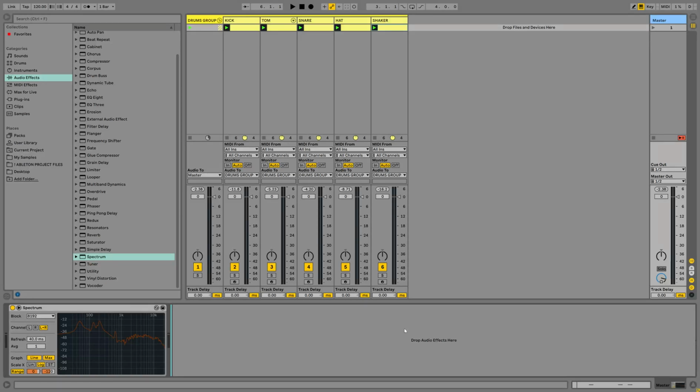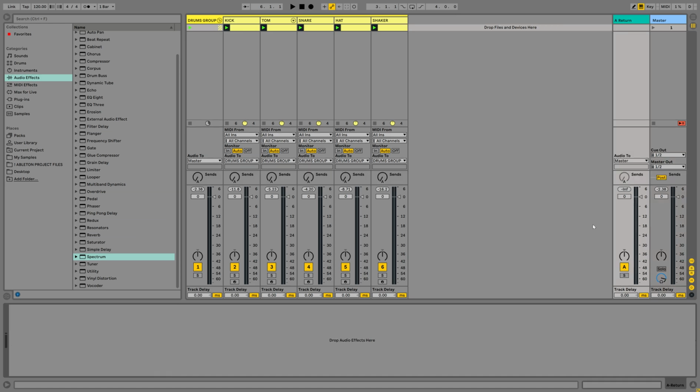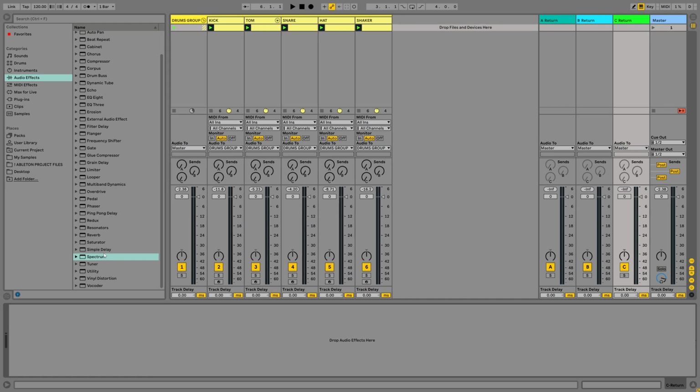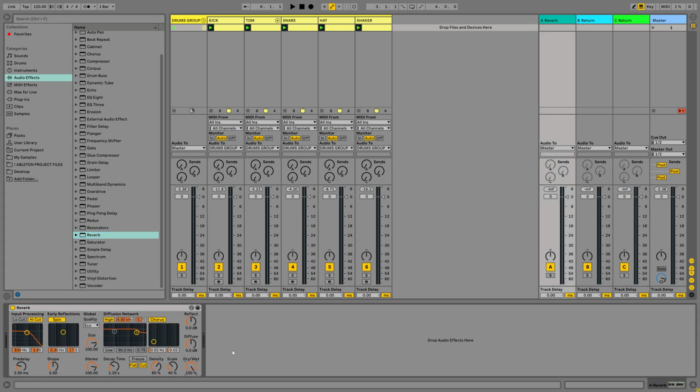In this tutorial, I want to show you a quick trick that I figured out for Ableton Live. It's a way to bypass the limitations of sends and returns inside of Ableton. For many of you, you probably already know that when you make a send and return, you're limited to 12 of these. And traditionally, in mixing, they're pretty much always used for parallel effect chains or parallel effect